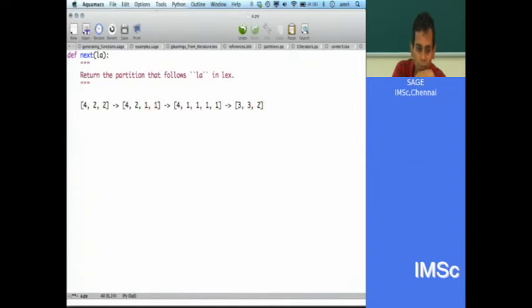So if you have a bunch of ones, then what you need to do is go down to the last thing which is not a 1 and reduce it by 1. For instance here, this was a 2 which we reduced by 1.